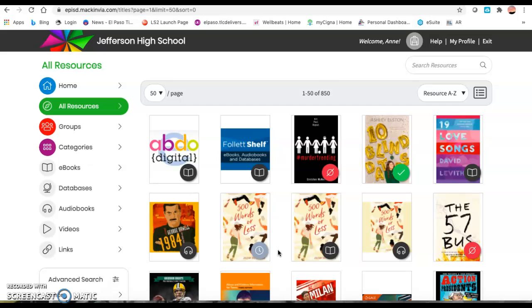And once that book is checked back in, I will receive an email in my ePISD email letting me know that the book is ready to check out. If a book has a check mark on it, it means that that book is already checked out to me. I'm going to check out another book. I'm going to check out Mexican